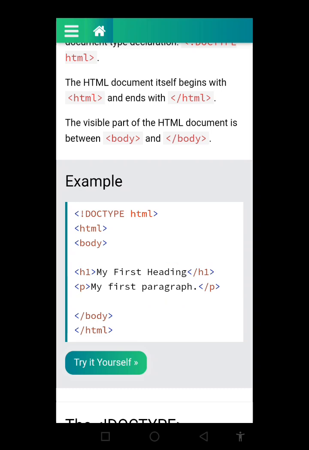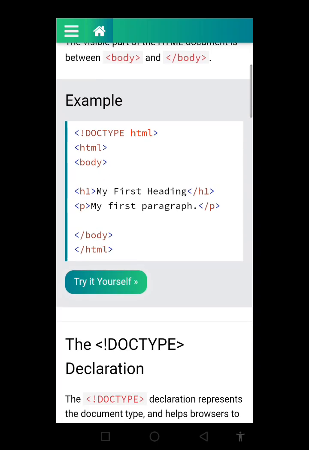This is the structure that is always with the HTML page. This kind of arrangement is what you see in HTML pages or documents. I believe before now I have given enough explanation about it. So let's move on to the next